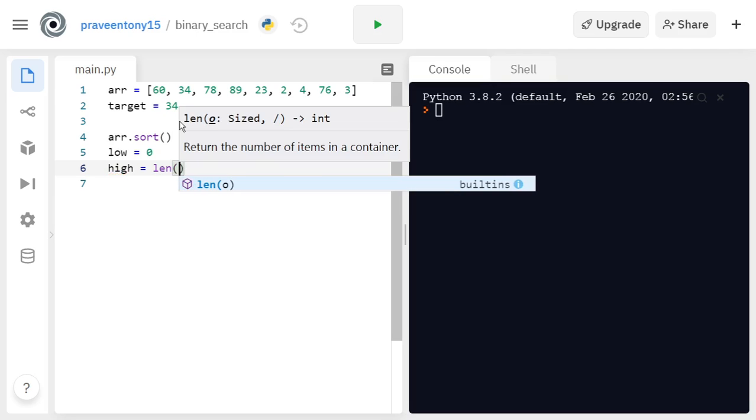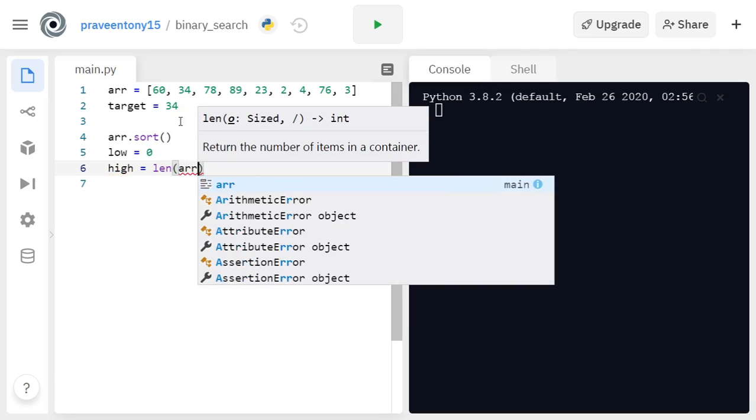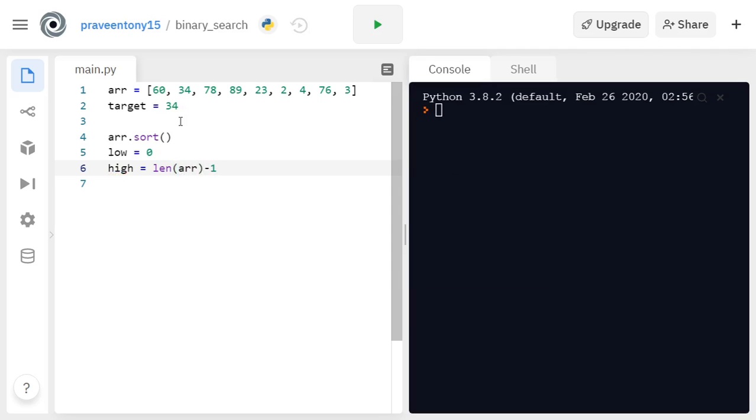We can do it with len(array) - 1, which will be the last element's index. And we have mid, which is initially set to 0, but it's based on the middle number.